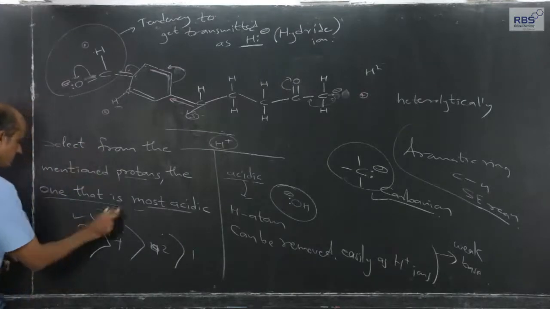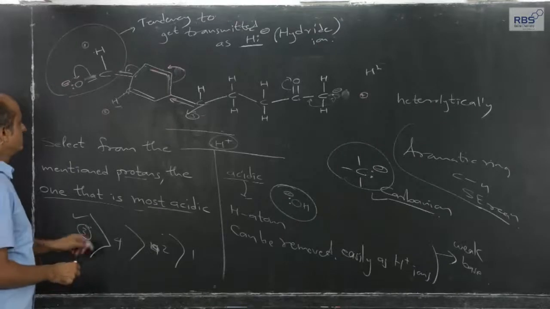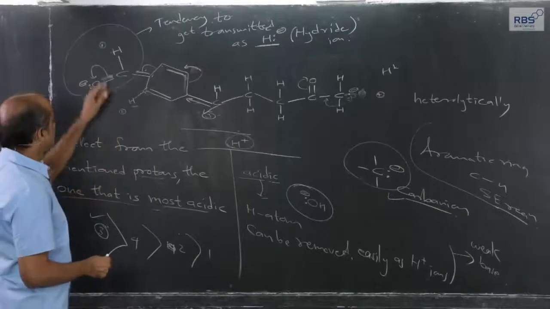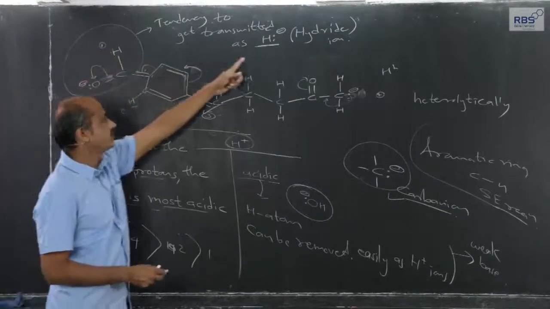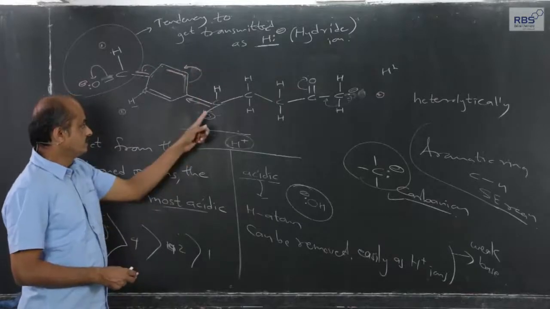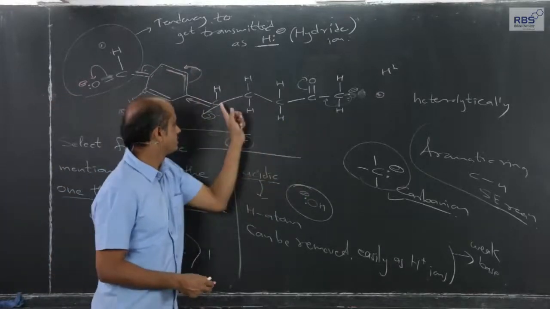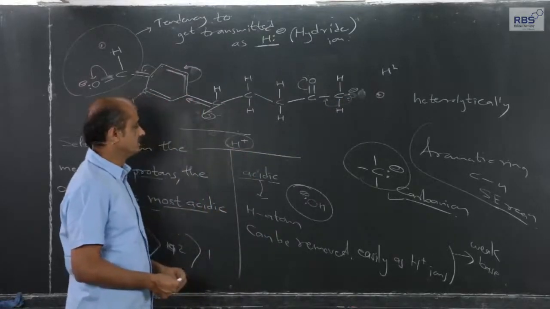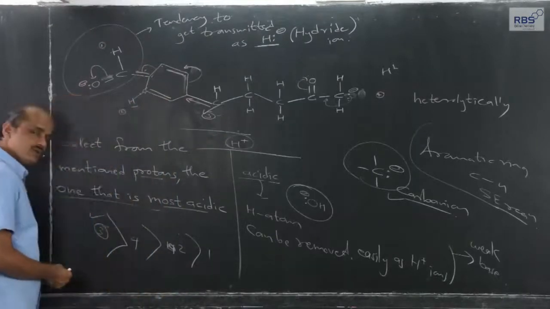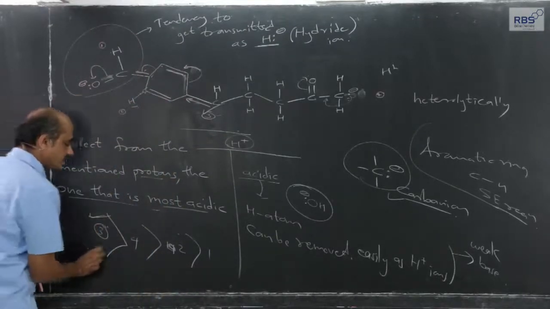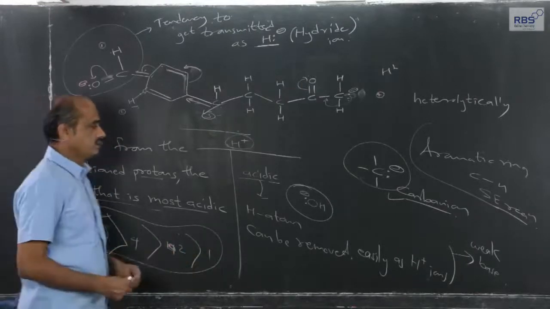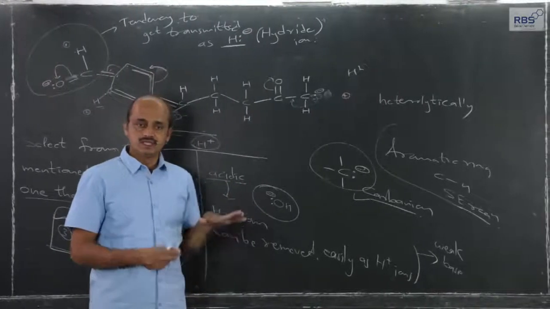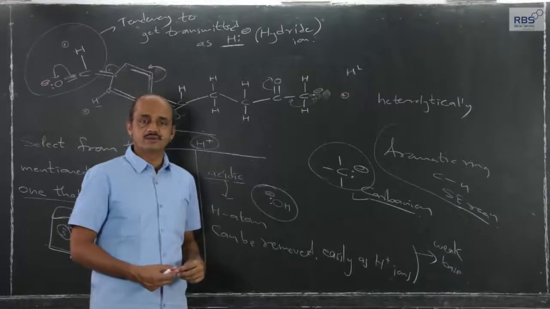As far as this question is concerned, our job is over. But still, because this is hydrogen attached to an aromatic carbon atom, it undergoes electrophilic substitution. Aldehydic hydrogen has a tendency to go out in the form of hydride ions. These two have a tendency to go out in the form of H plus ions, this one and this one. You can just rewind, go back and again come forward. So the answer for this question is this. Still, I have extended this and given you the order. So this is how we should look at this type of question.